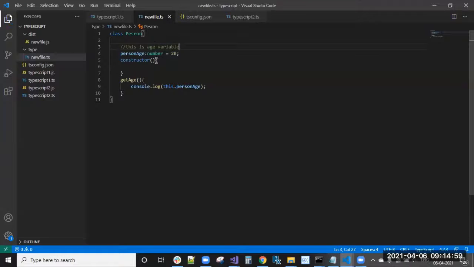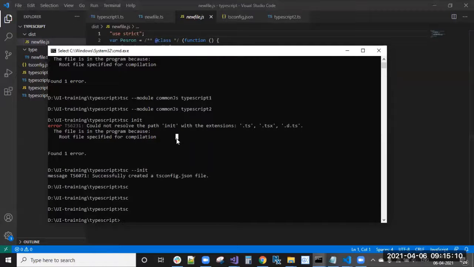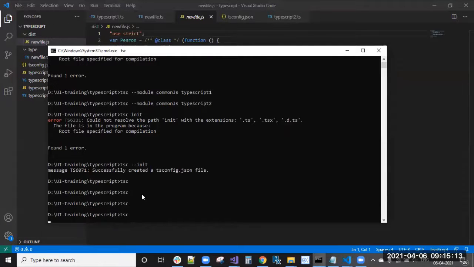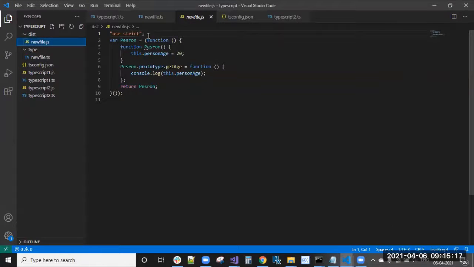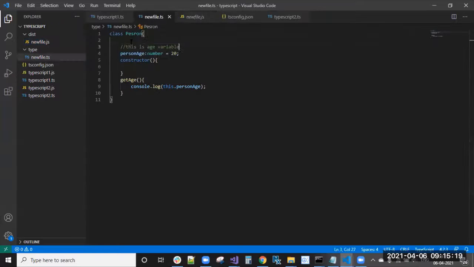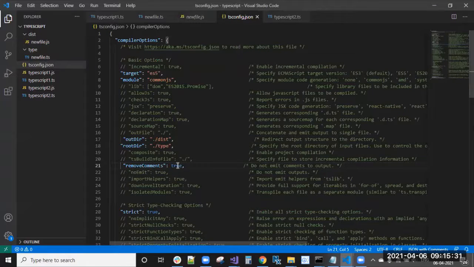But while generating new file.js, I don't want those comments. If I compile again, you can see the comment is gone. I have the comment here, but not here, because the comment is ignored. We told it remove comments true.